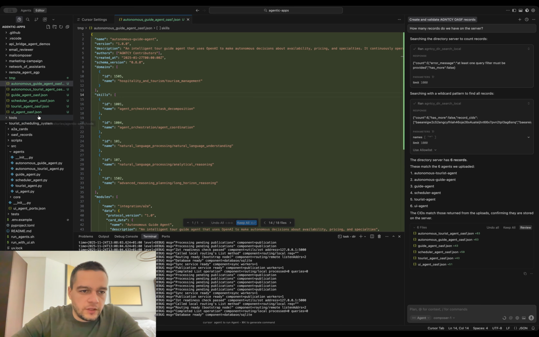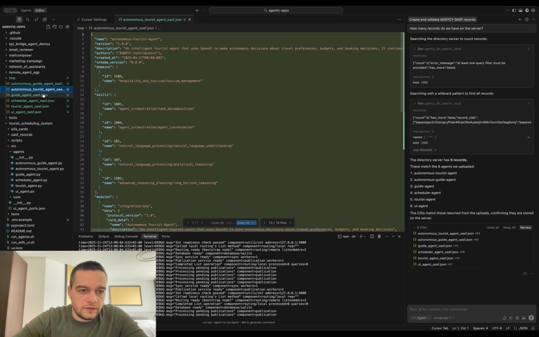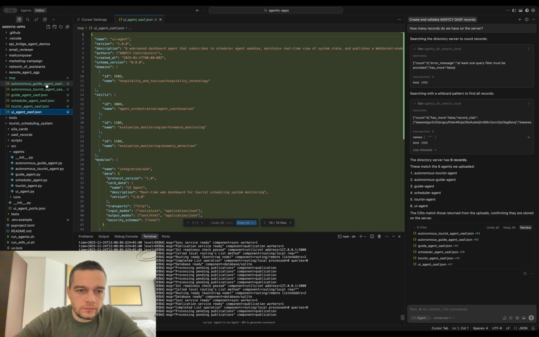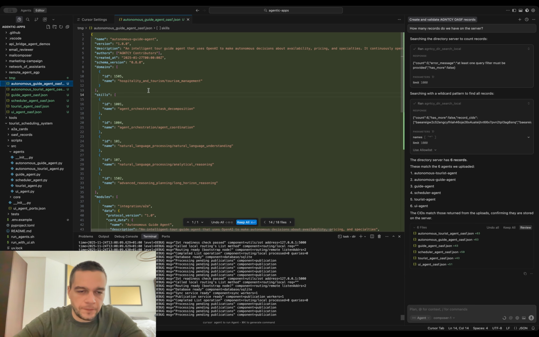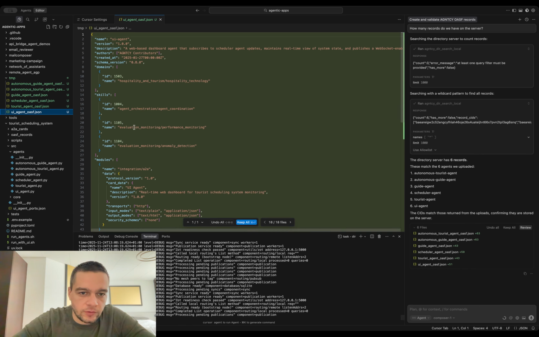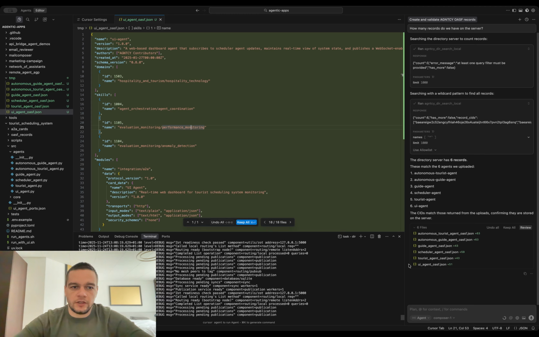Now, these agents have different skills, as I mentioned, and we can search over them. So, for example, I'm curious whether we have an agent that can do performance monitoring for me.